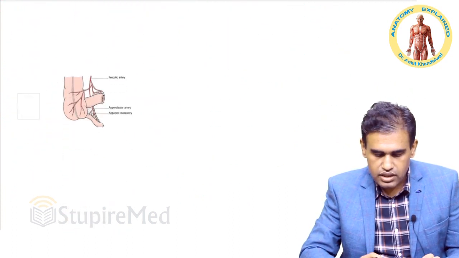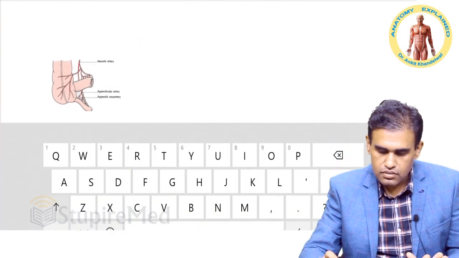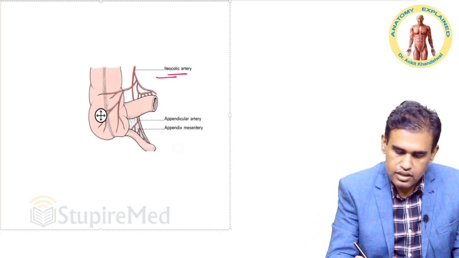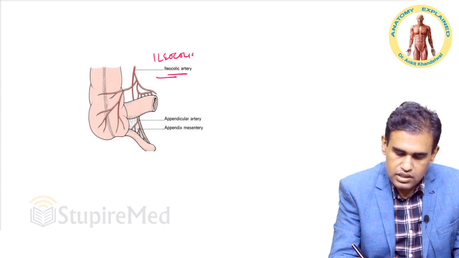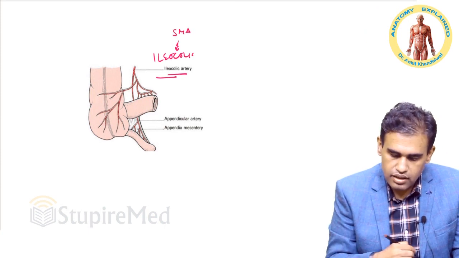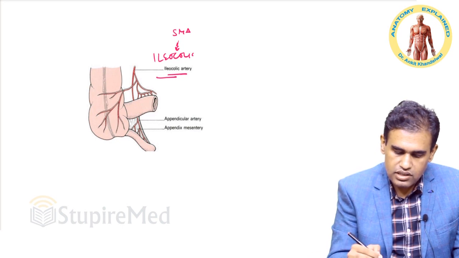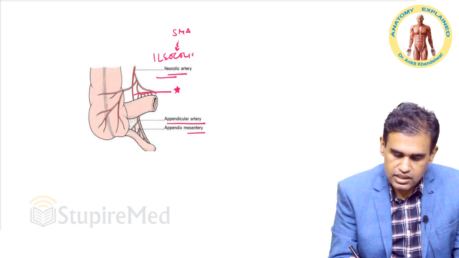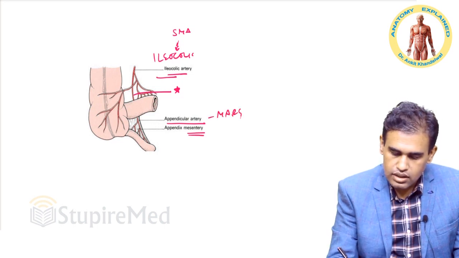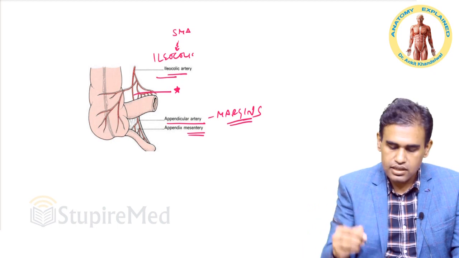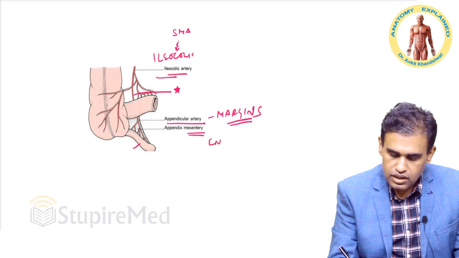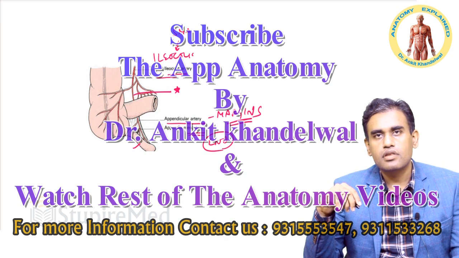On the next figure we will see the appendix and its artery. This over here is our ileocolic artery, which was a branch from the SMA, superior mesenteric artery. Then you will see a descending branch from the ileocolic giving off the appendicular artery, which runs on the margin of the mesentery of the appendix and supplies the appendix. Now this appendicular artery which is supplying the appendix is, functionally, an end artery. So if there is